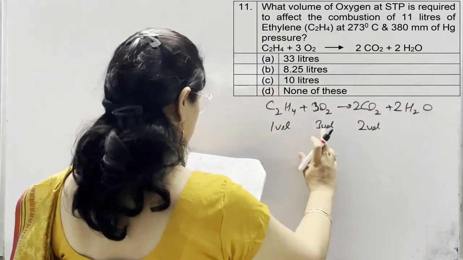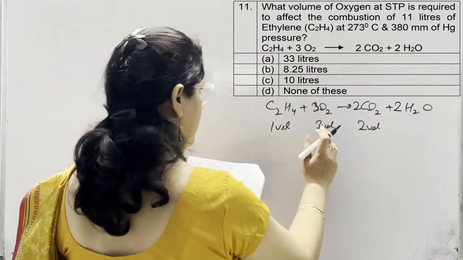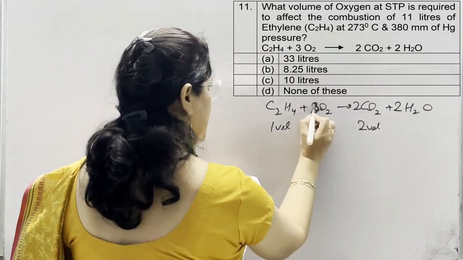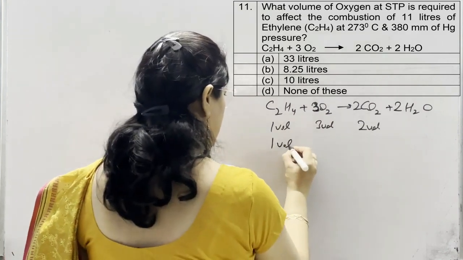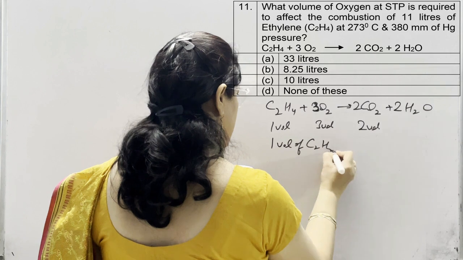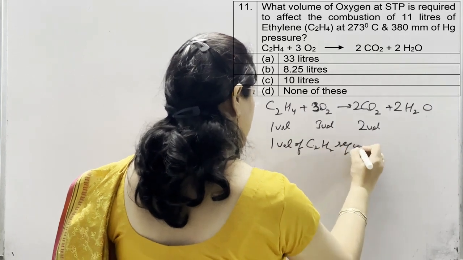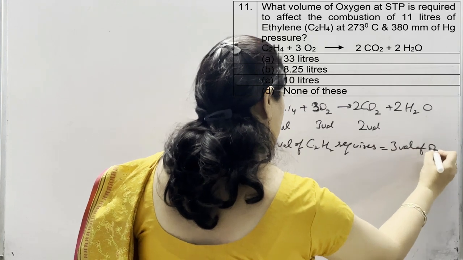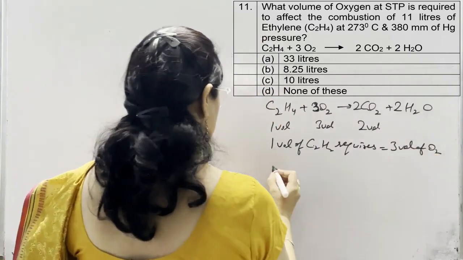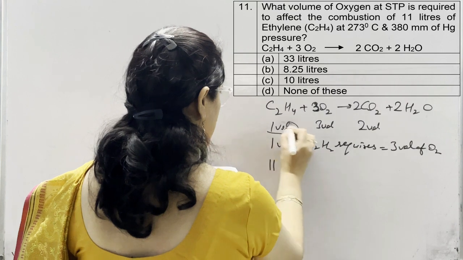So 1 volume of ethylene requires 3 volume of oxygen, because for balancing we have to put 3 here. So now 1 volume of ethylene for burning requires 3 volume of oxygen,